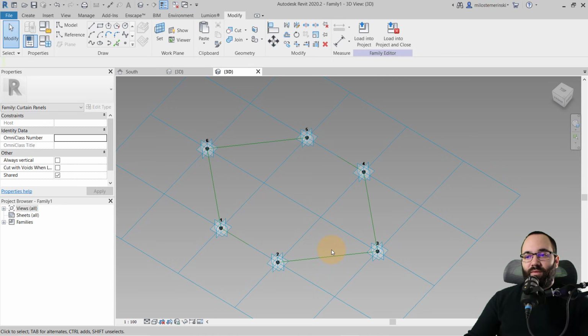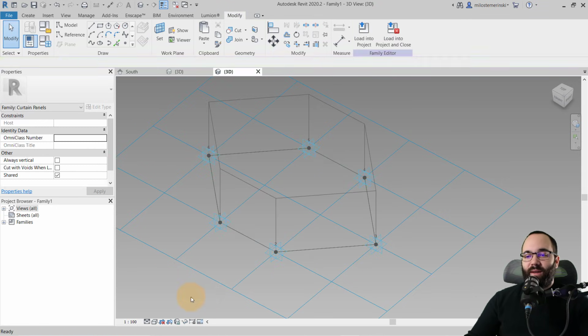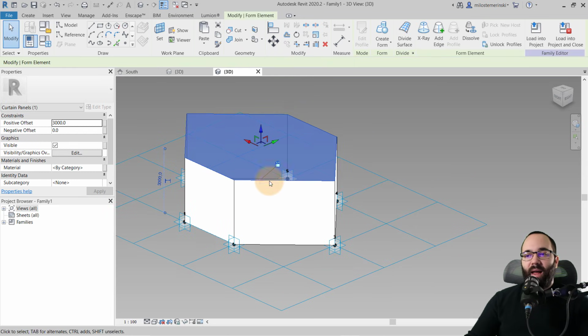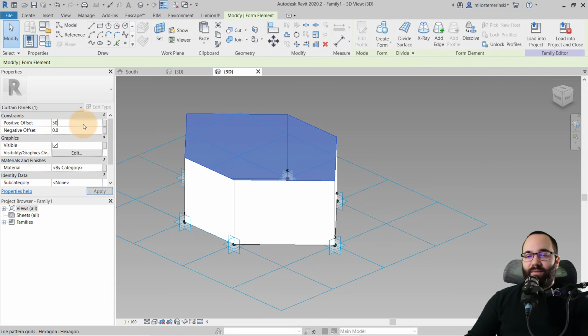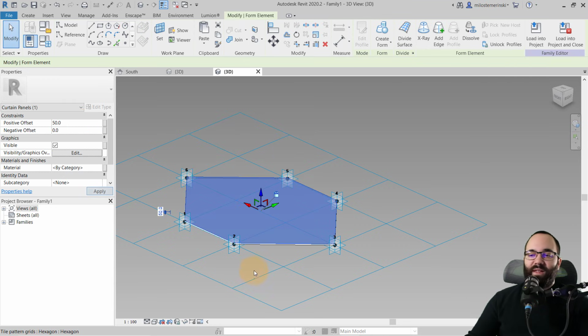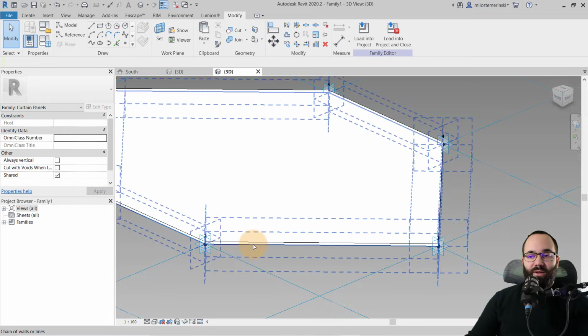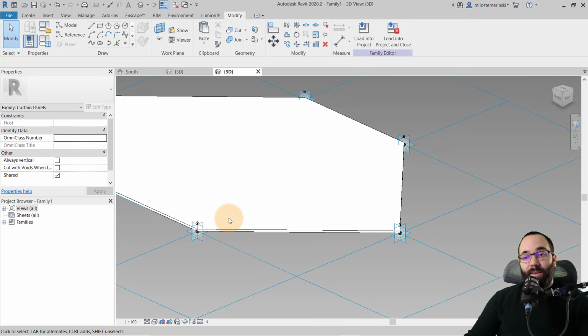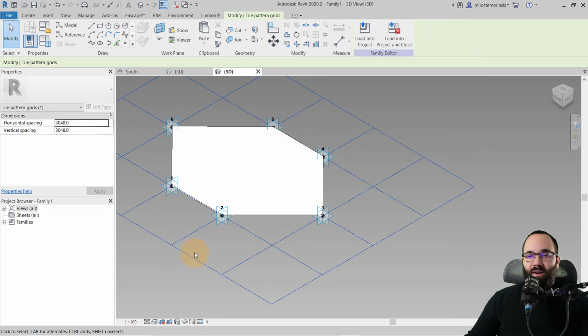So what I would do first is just select this, go here to create form, and then just create the basic form that's a full panel. And then for the positive offset, I would go with 50 millimeters, so that's 5 centimeters in real life. Now here, this is really big. This is like 3 by 3 meters, so that's why this looks so thin. But when we load it into the project, because the pattern is going to be smaller, it's going to look a lot better. Or basically here, if I just select this and go 1500 by